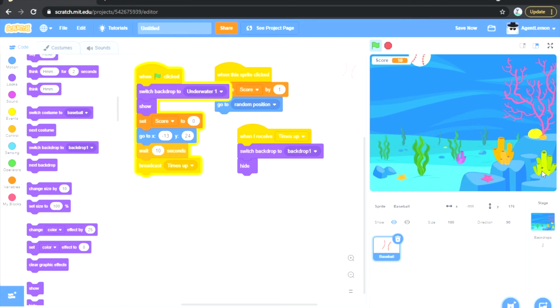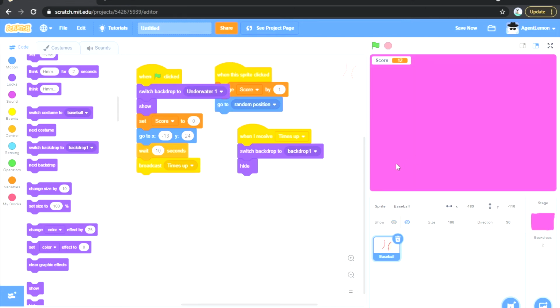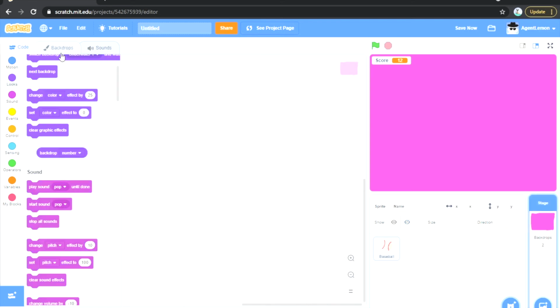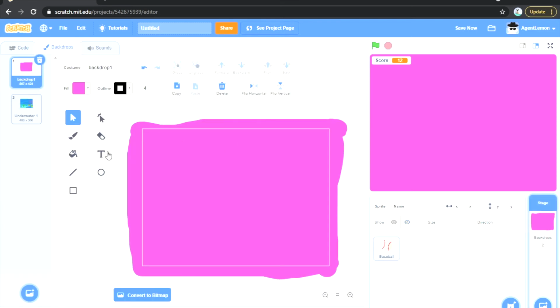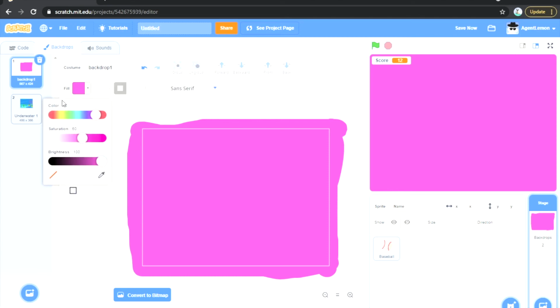we keep clicking it. I'll switch to that, but it's kind of quick, and there's nothing there. So what we want to do is click on the backdrops, and go to backdrop 1, and we're going to add a text. Make sure to change this. I'll make mine